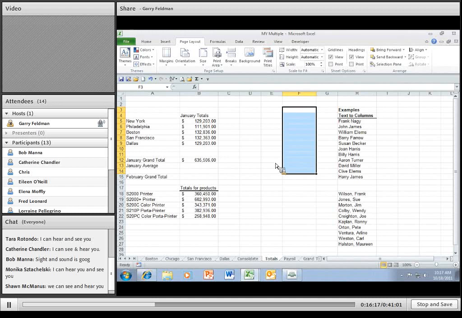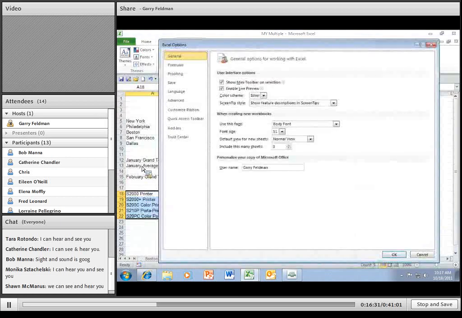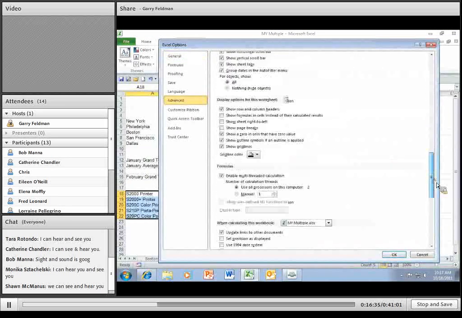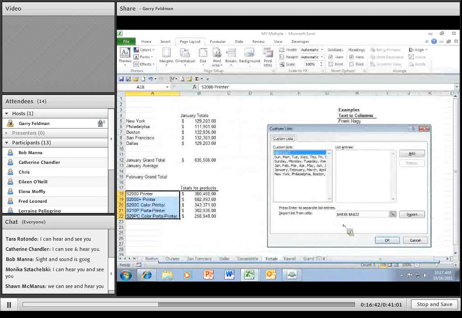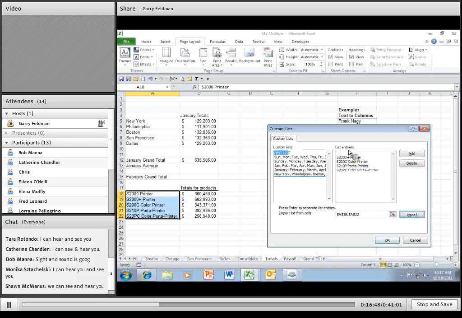The same thing could be said of these products. Let's say I have a particular list of products that I want to have in a certain order. I can go now to File, Options, and then go to the Advanced Options. And I know it's towards the bottom of the Advanced Options. Here in this General section, I can go to Edit Custom List. And it already has the area that I've selected, which is A18 to A22. If I import it, there are my products imported there. I say OK,